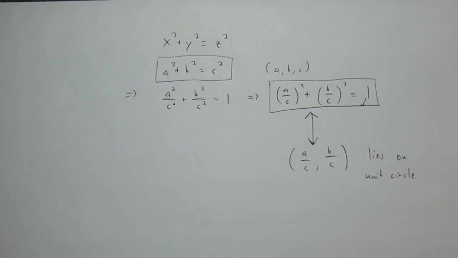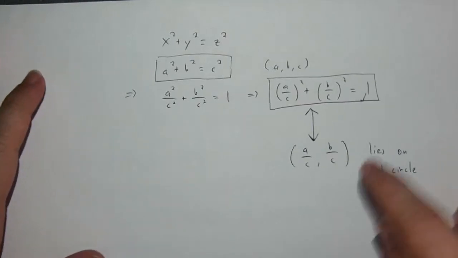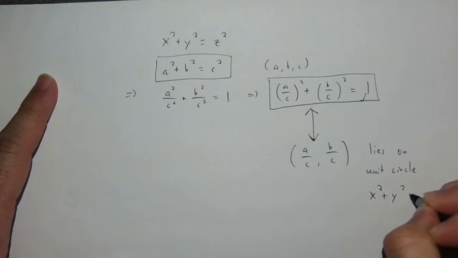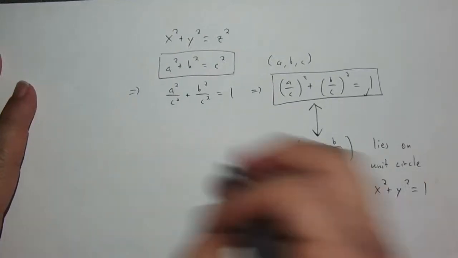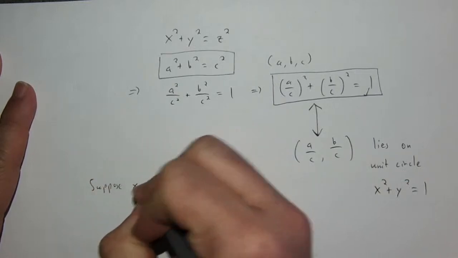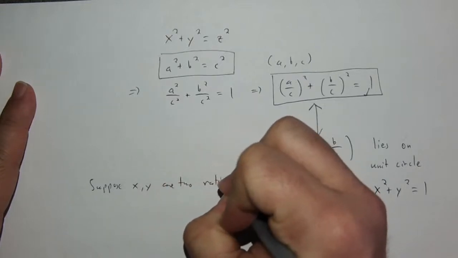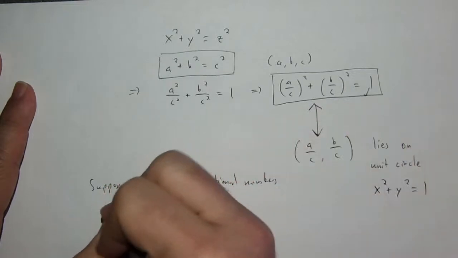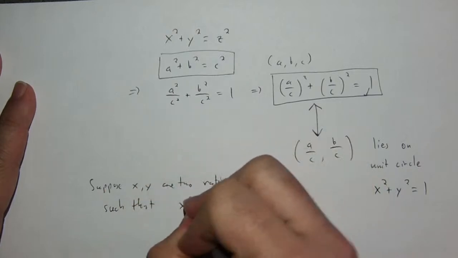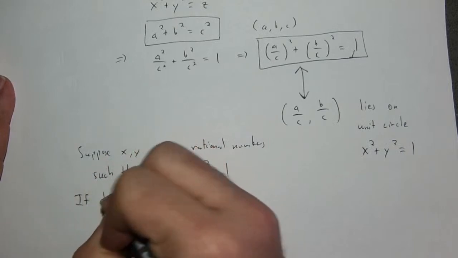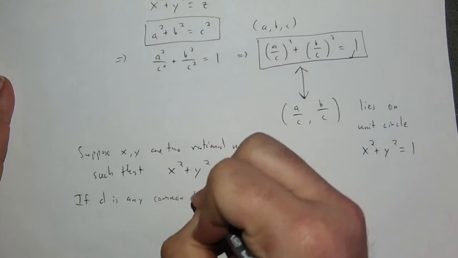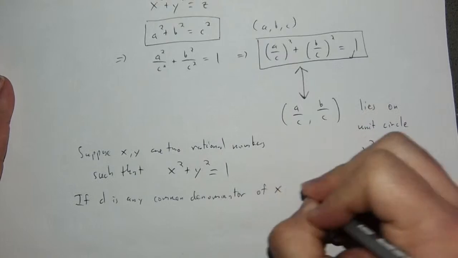Well, I drew the arrow going in both directions right now, and I did the backwards direction in words. But to actually write it out: this lies on the unit circle, and the unit circle is x squared plus y squared is equal to 1. Suppose x and y are two rational numbers such that x squared plus y squared is equal to 1. If d is any common denominator of x and y,